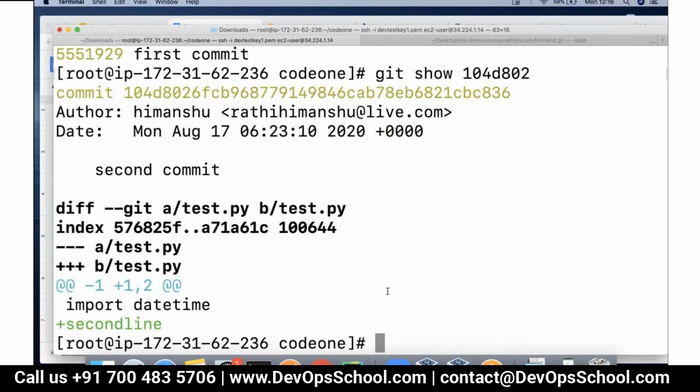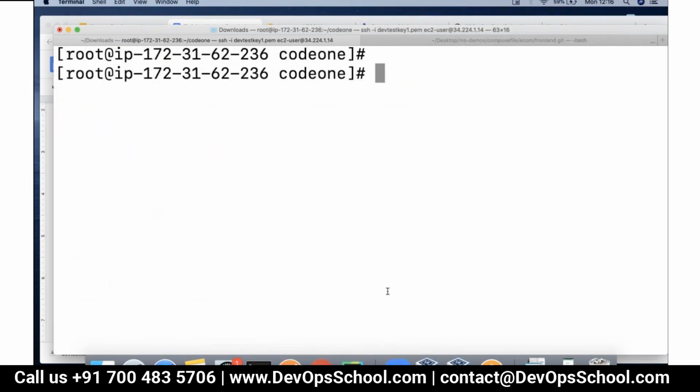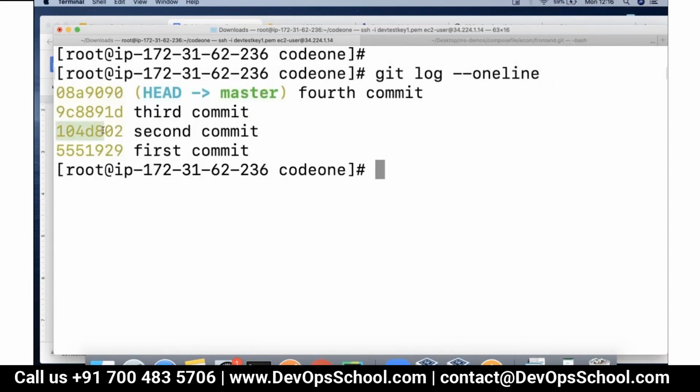The other option is to revert it. Okay, this is a manual option wherein you can see what you did and then you fix it, but it's not really very effective. What is the better way? What you tend to use is a thing called Git Revert. How you use Git Revert is you get the commit ID and then you do git revert commit ID. Once you do it, whatever changes you made in this commit will be reverted. Now how do they get reverted is,